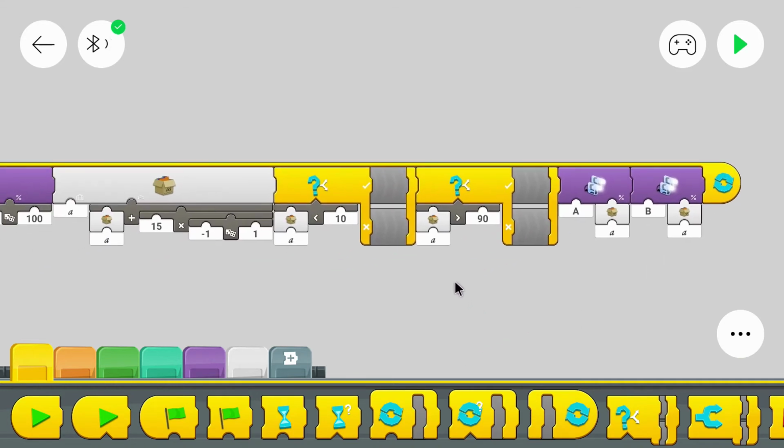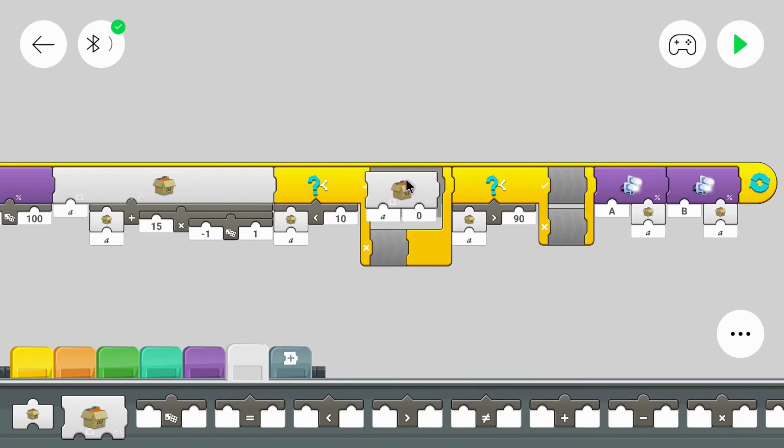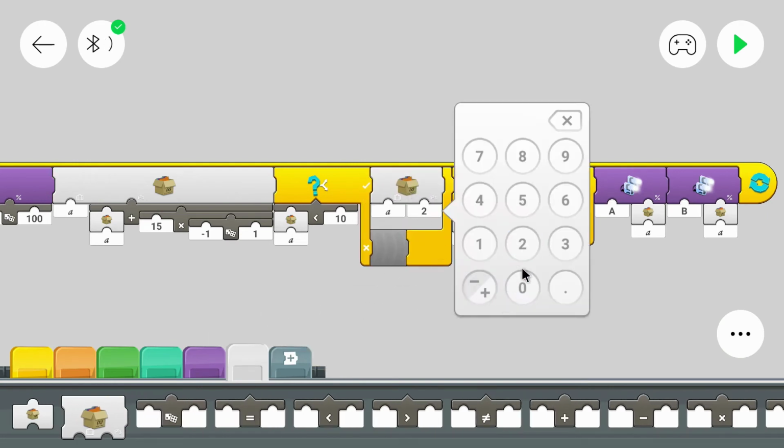And we want to make sure that the value is not below 10. And if it's below 10, we want it to be above 10. And to do that, we can write a value to the variable. Let's say that we write 20 to the variable.